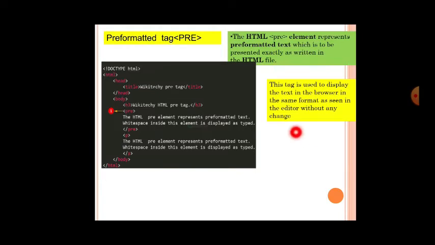Next, let us continue with some other tags, that is the pre-formatted tag. The HTML pre element or pre tag represents pre-formatted text, which is to be presented exactly as written in the HTML file. However it is written in the HTML file, the same way it has to be displayed on the web browser. This tag is used to display the text in the browser in the same format as seen in the editor without any change.